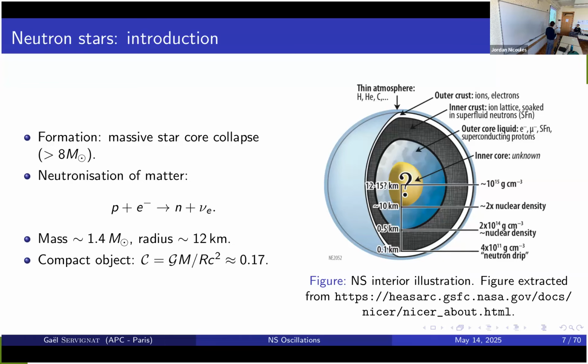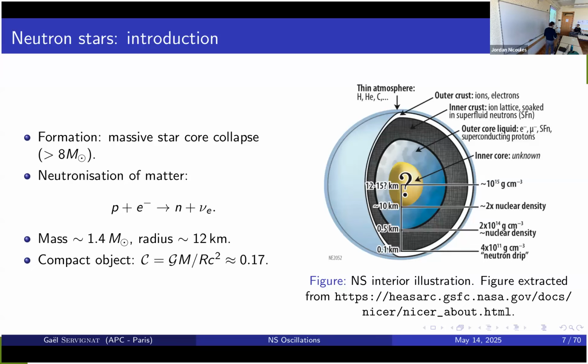And what you can measure, and so how you say that this is a very relativistic object, is what we call compactness, the ratio between mass and radius. For your typical neutron star, this is something like 0.2. And if you think about this quantity for a black hole, it's 1/2. So neutron stars are the last object that can form before being a black hole. They are the most compact that you can find before having a black hole.